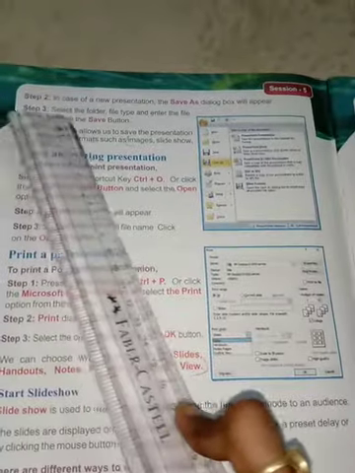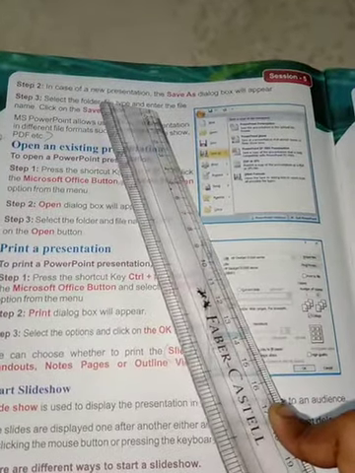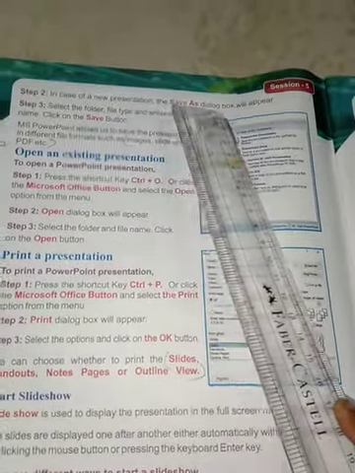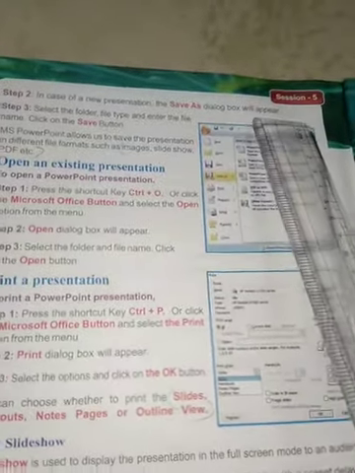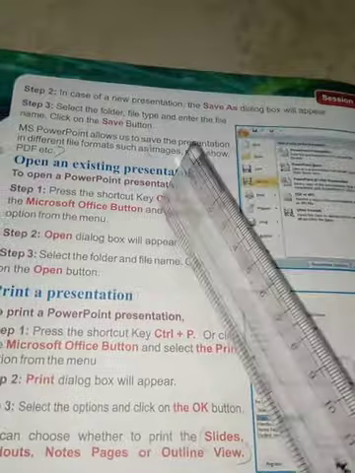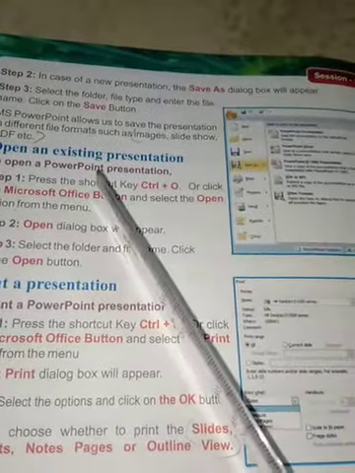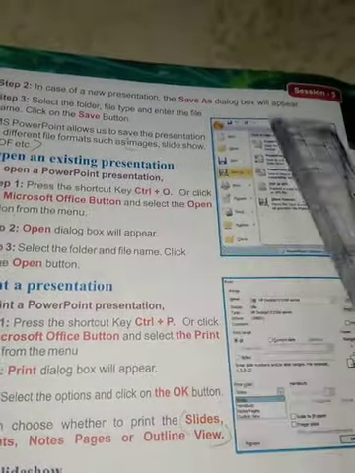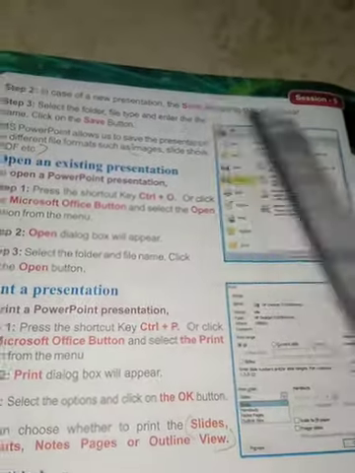Step 2. In case of a new presentation, the Save As dialog box will appear. If it is a new presentation and you haven't saved it yet, then the Save As dialog box will appear.